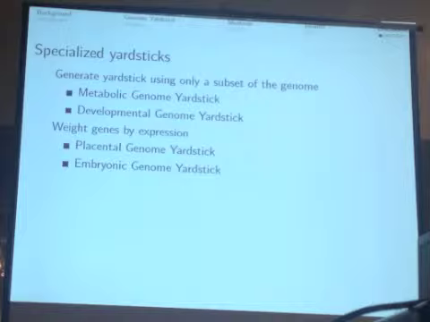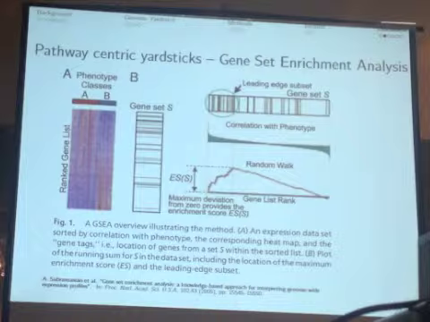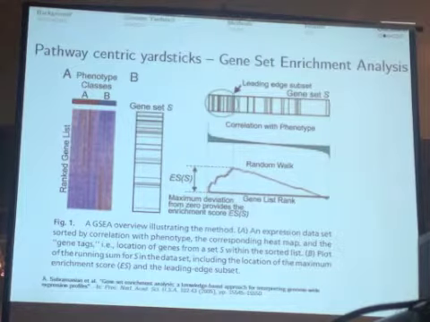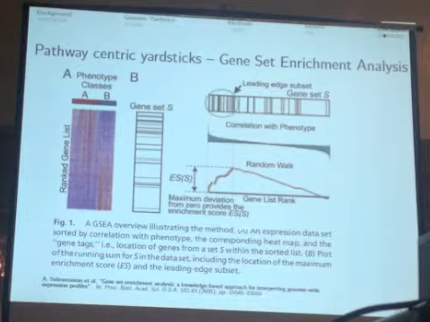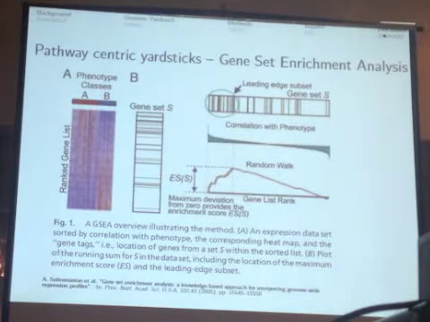So I've been talking a lot about single gene comparisons, and I just want to dive briefly into pathway-centric yardsticks. So this is just a quick overview of this method called gene set enrichment. It was originally purposed to analyze microarray data, but you can actually apply it to any genes in which you have a list of ranked genes and their correlation with their phenotypes. So here there's just a heat map of the correlation with each of these classes, which can be essentially anything that you want. In this case, this would be